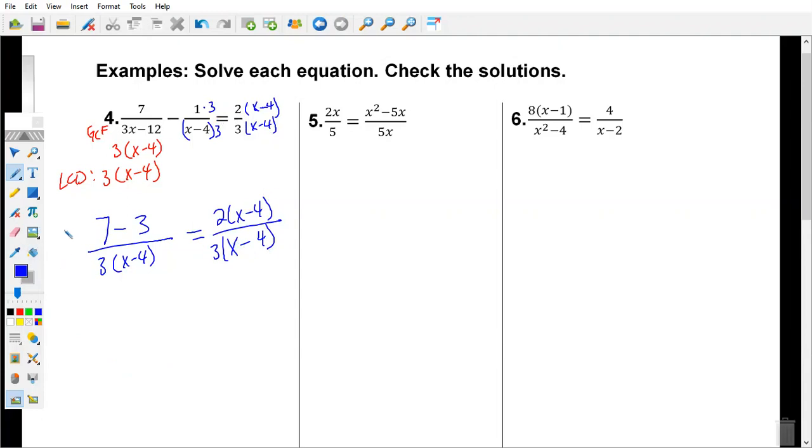So in order to solve, I just have to worry about the numerator. So 7 minus 3 is 4. So we get 4 equals 2 times x minus 4. A lot of times you guys want to distribute first, but when it's something you can see that can be easily divided, you might as well just divide. So I can easily divide by 2 here. And that's going to give me 2 equals x minus 4. I'm going to add 4. And I end up with x equals 6. So the solution here would be x equals